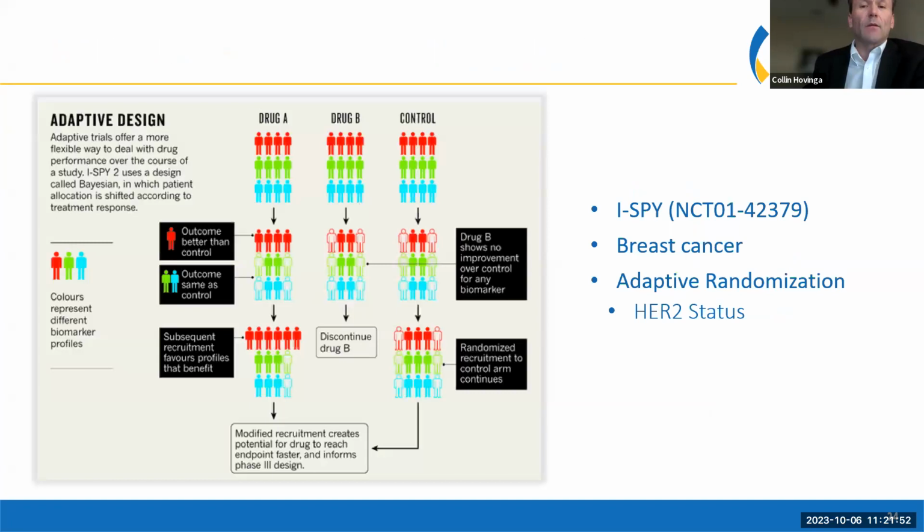And the last one I want to talk about, it's not a rare disease, but it's an adaptive design, and one of the most well-known is I-SPY. I-SPY uses subtypes of breast cancer, neoadjuvant breast cancer treatment. And what it does is it looks at HER2 status, and it can do an adaptive design,